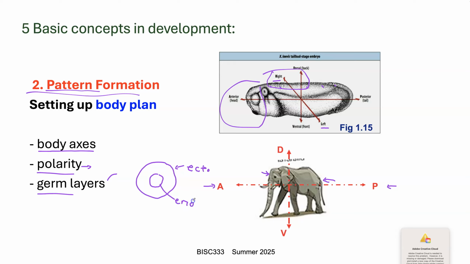Endo means inside. And then there's the tissue in the middle, which is the mesoderm. And we will talk about this in detail in the actual lecture, but just be aware that the germ layers refer to the organization of a layer of cells that's going to eventually form the outside of your body plan,